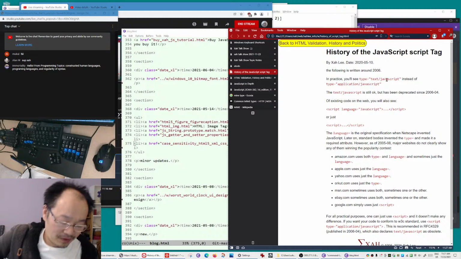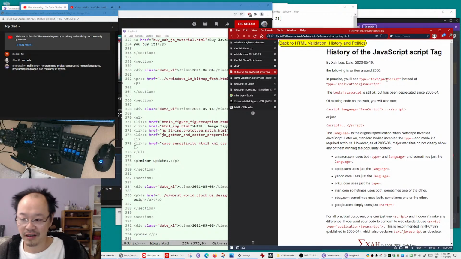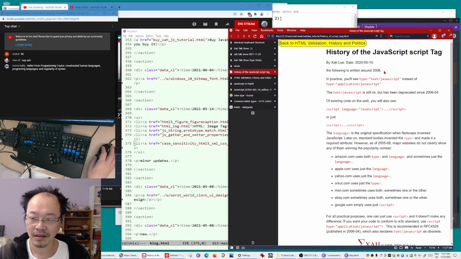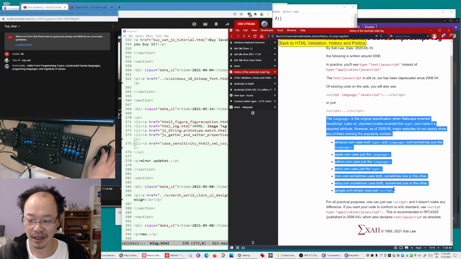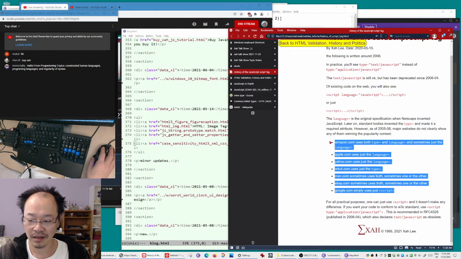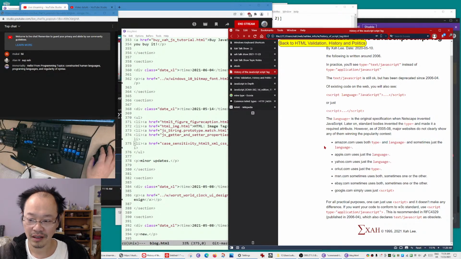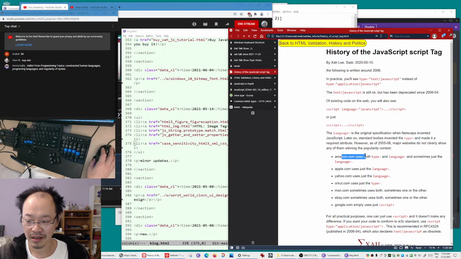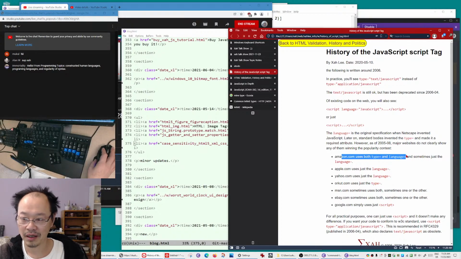So that's a little history of the JavaScript tag. This article was written in 2006. Back then, you can see what other popular sites used. For example, Amazon uses both type equals and language equals JavaScript, and sometimes just language equals.